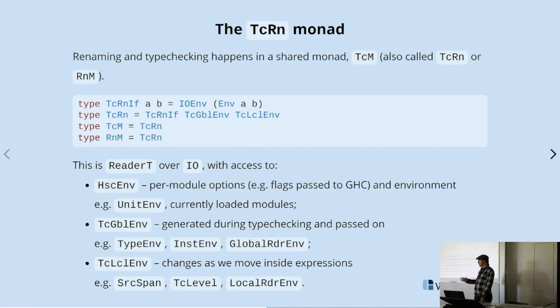I mean, you basically have the full information that the type checker has been able to produce about a module. But as I said, this is generated as you're type checking the module. So if I'm renaming a module, well, I certainly haven't type checked it yet because renaming comes first. So then I won't yet have things for things that are locally defined. So this is kind of why